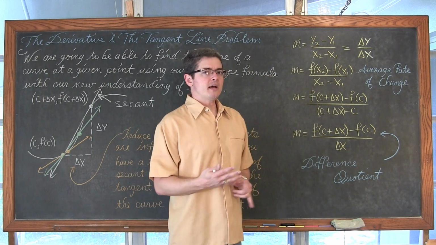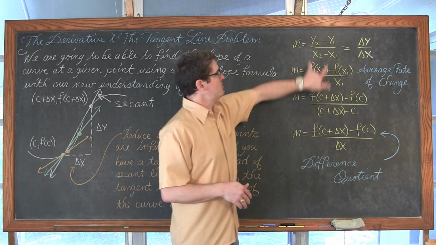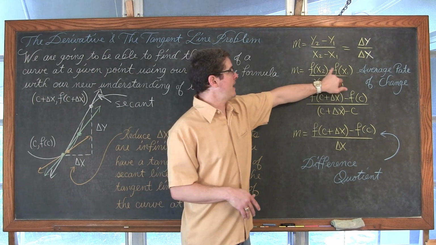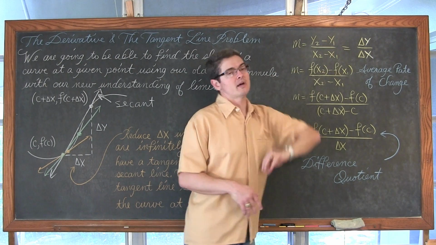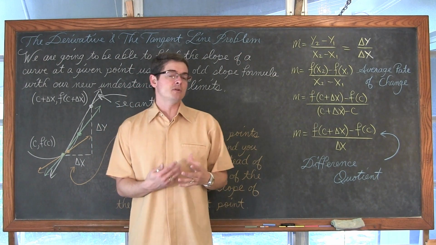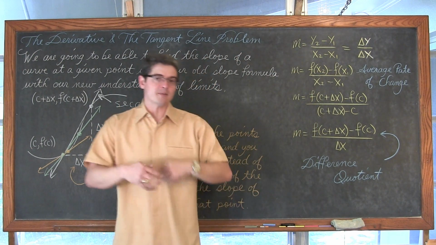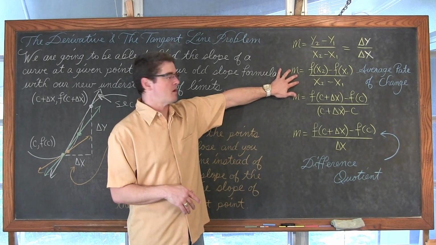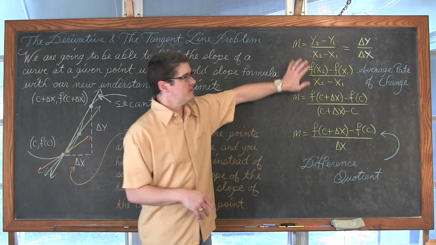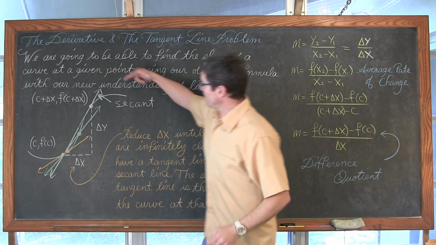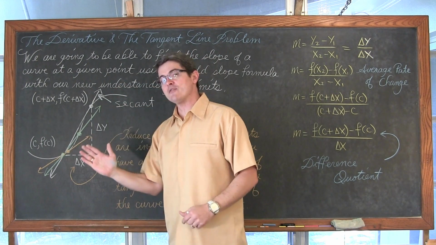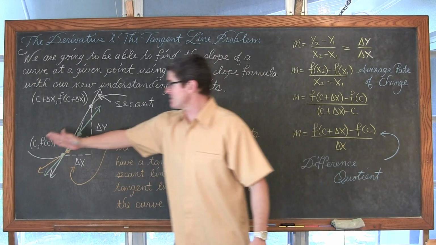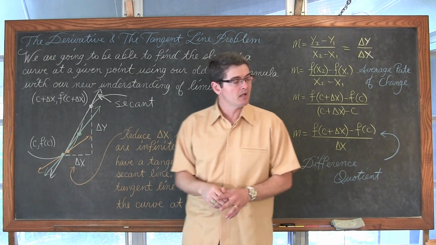If you remember from pre-calculus or maybe your Algebra 2 honors class, you might have seen this formula for slope written as f of x sub 2 minus f of x sub 1, replacing the y sub 2 minus y sub 1. That was just to get you used to the function notation. Also, at the end of your Algebra 2 honors class or pre-calculus, you might have had this formula called average rate of change. It's the slope of these secant lines. It's the average rate of change between 2 points on a curve, and we had to call it average rate of change because the slope of a curve is always changing.